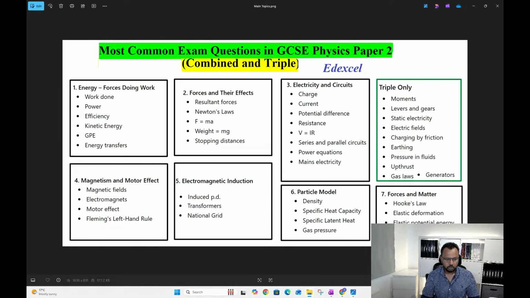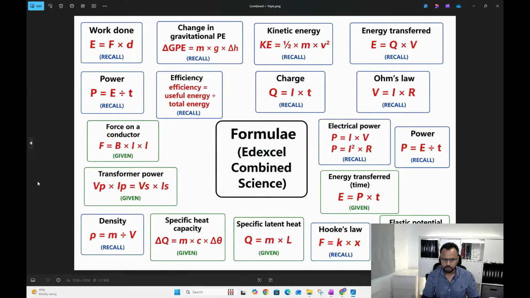Now, let me just quickly show you another thing. These formulae are the main things you guys need to know. So if you look at it: work done, E or W equals F times d. GPE equals mgh, kinetic energy, all that, right? Now, I did not put the triple only ones here. So these are the other ones. The one that is kind of hidden here is half kx squared, just behind my video.